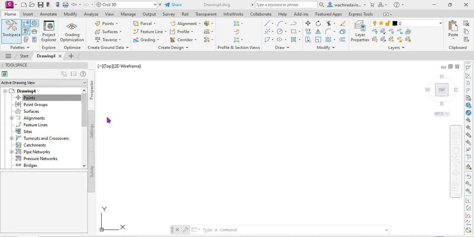In this particular lesson, we are going to look at working with large point groups. Previously, we have looked at a single point, 10 points, something like that. But now we want to see how you can work with a large number of points. Assume that you have received a file containing points from a large surveyor, and you want to use those points in your design. In that case, you need to import those points,